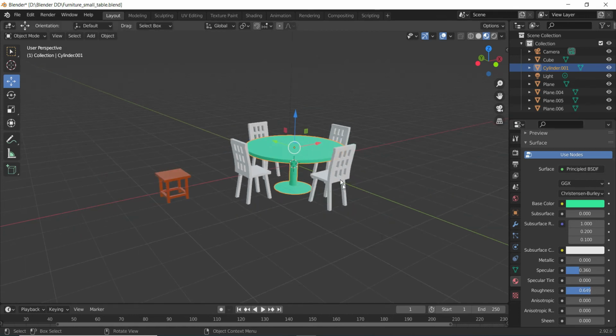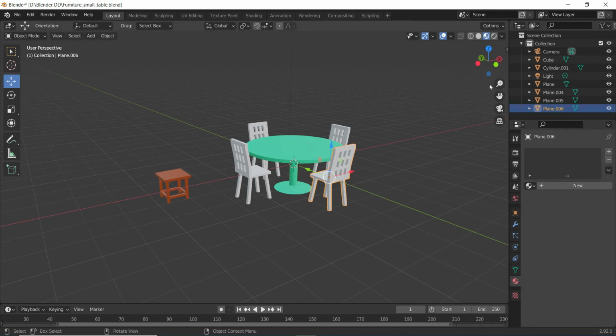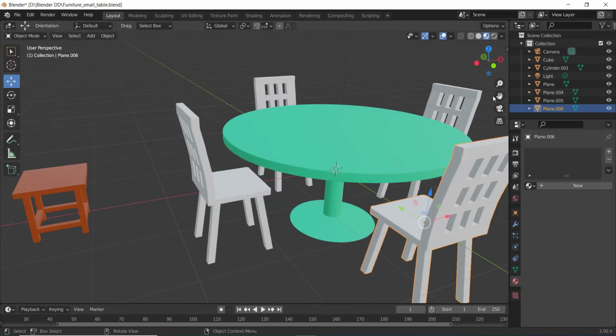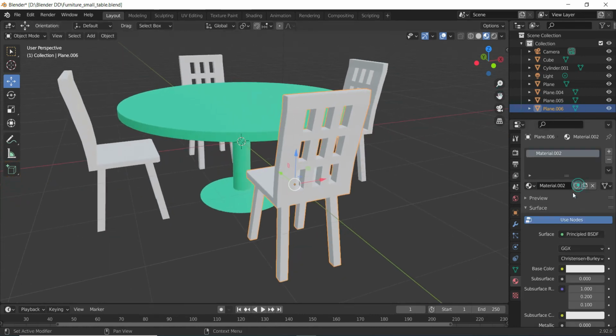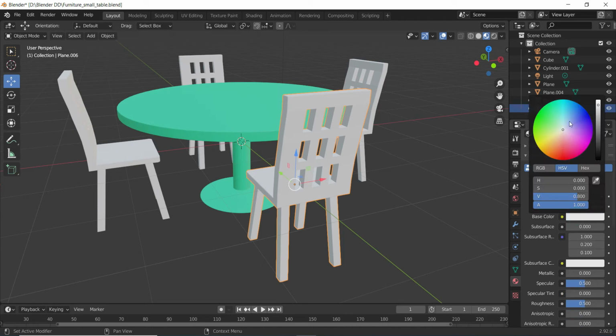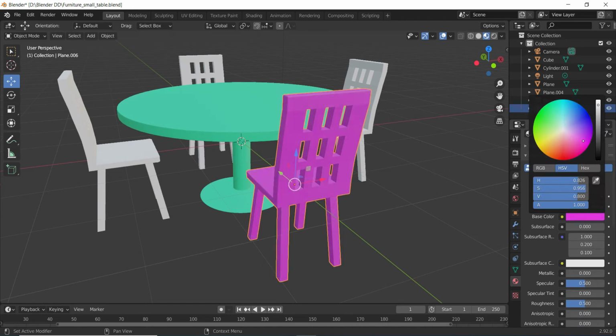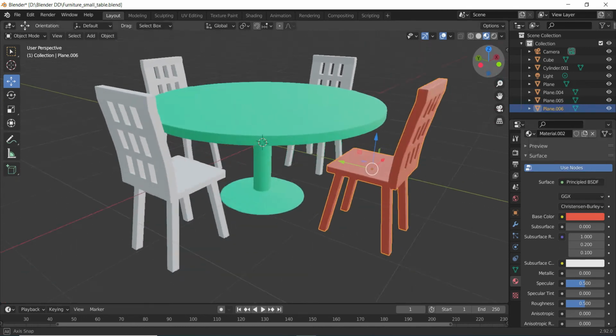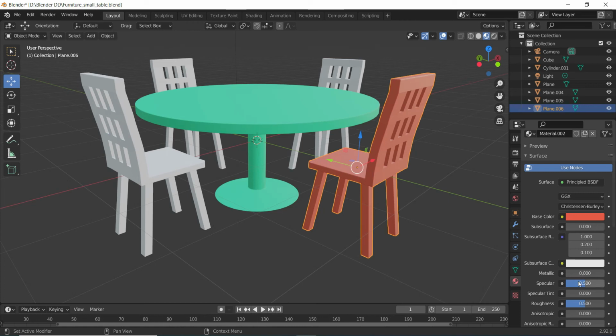Now I'll come to the chairs, and I'll create a new material on this also. This sort of color tone I would say, and less specular value.